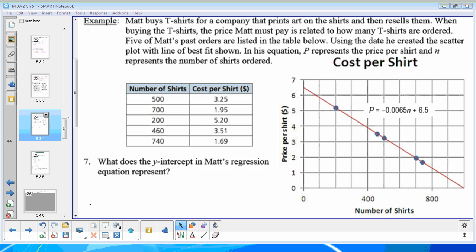Yep. So for this question, you've read through the wording of the question. That's buying t-shirts. We have data in the table. We have data in the scatter plot. We have a line of best fit with an equation. So for question number seven,